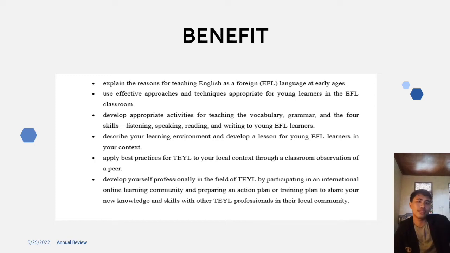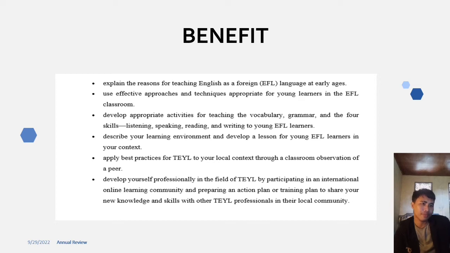Next, the benefits also include describing your learning environment and developing a lesson. We may also create a good atmosphere for young learners in our context. The next is apply best practice for teaching English to young learners in the local context through classroom observation of a peer. It also means we may assess the right methods or strategies that we are going to use to teach